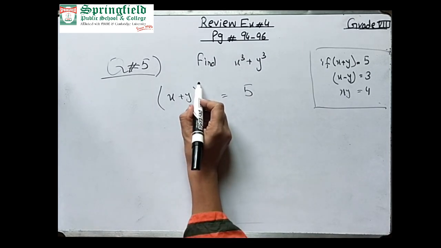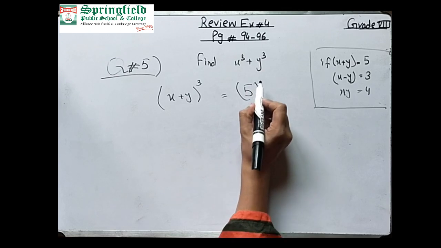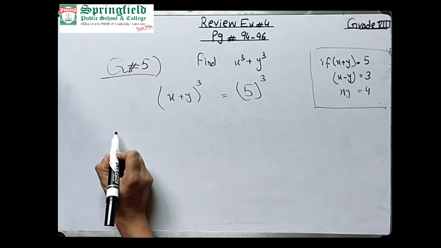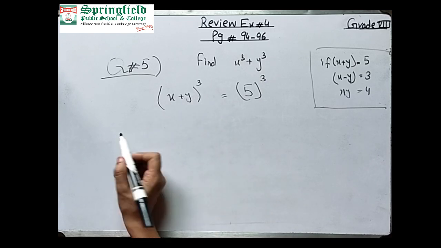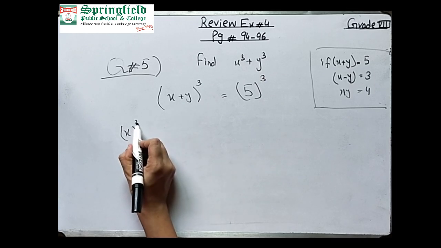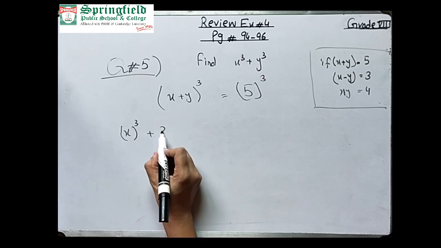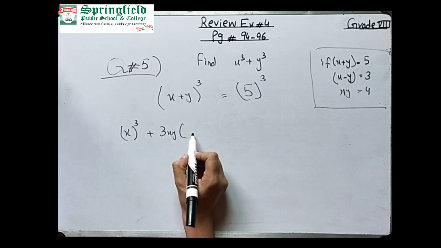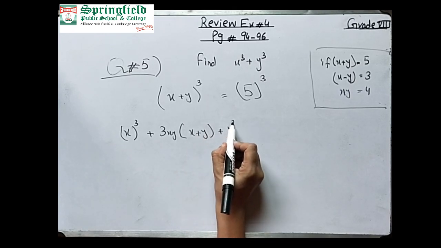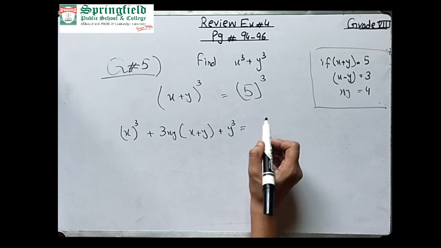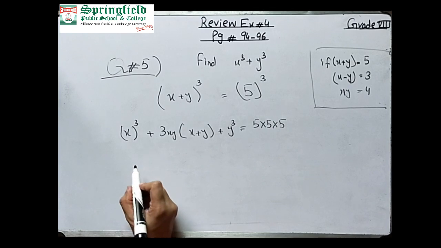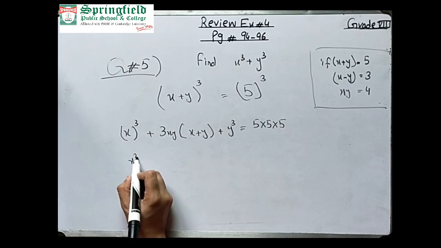Now take the cube on both sides. Now here open the formula of cube. (a + b) whole cube is equal to a cube, means x cube plus 3xy into (x + y) plus y cube. This is the formula, and y cube means y will multiply 3 times. 5 multiply with 3 times. So x cube plus